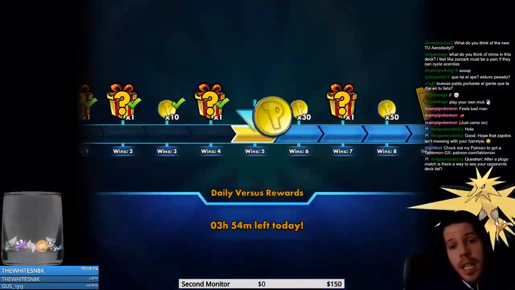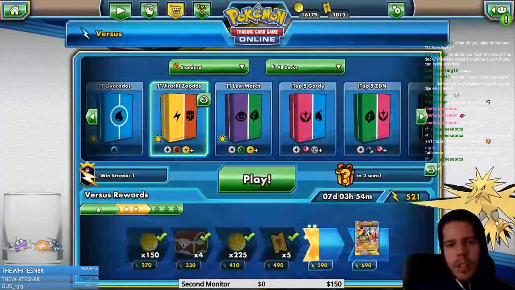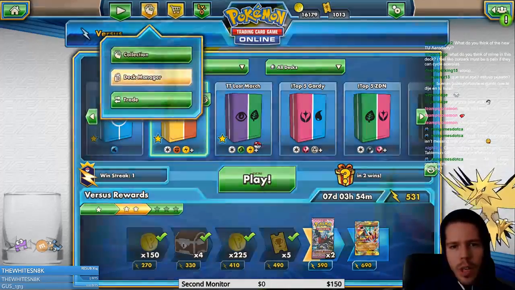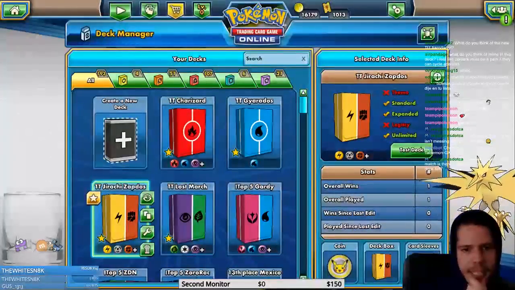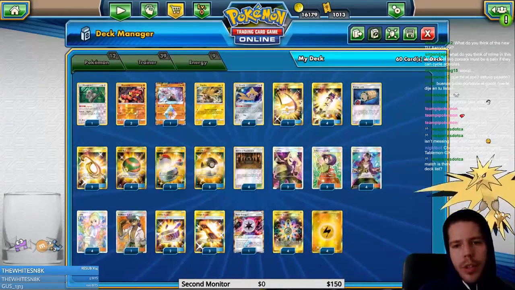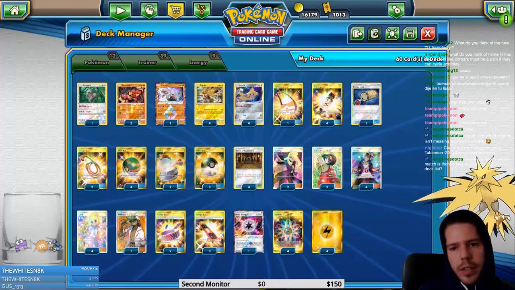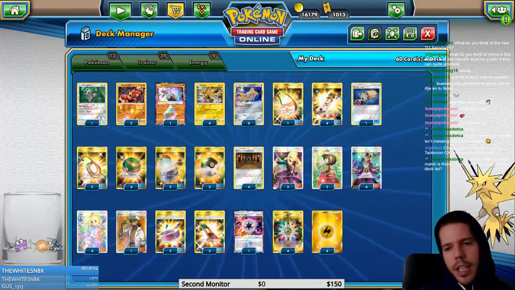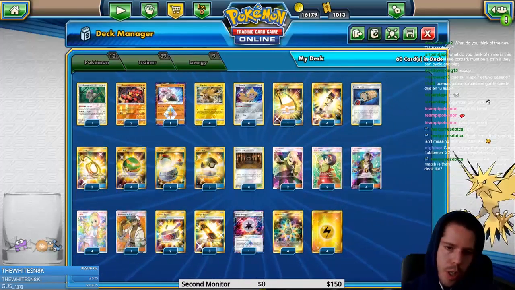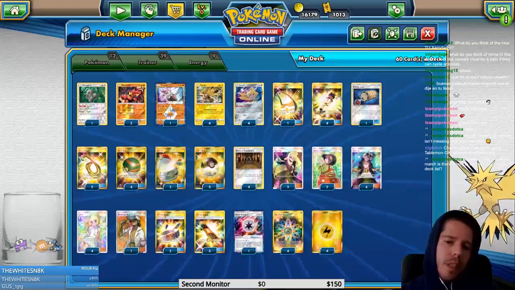So yeah, the deck is pretty solid. Not gonna lie, the deck is pretty solid. It probably auto-loses to Mill. Oranguru doesn't feel very good. I wouldn't be opposed to taking out the Oranguru for Mr. Mime, or taking out the Oranguru and something else for the Nihilego on Mr. Mime, and then switching the energy to 4 units. I honestly would not be opposed to that. It could be